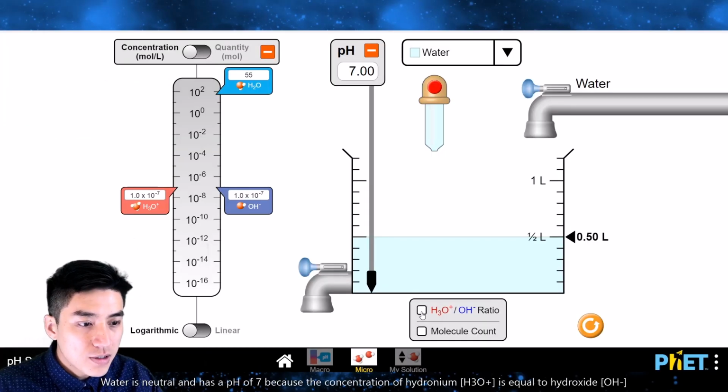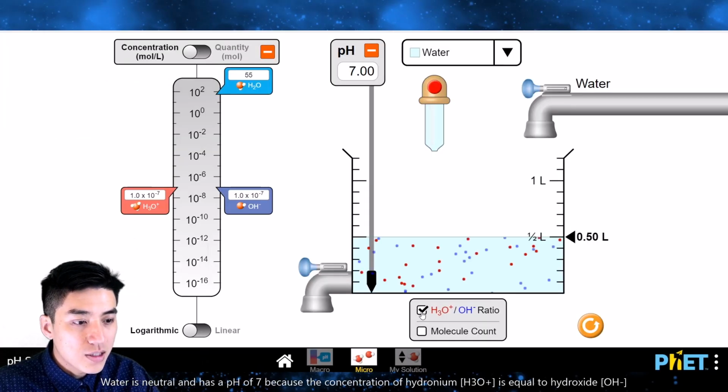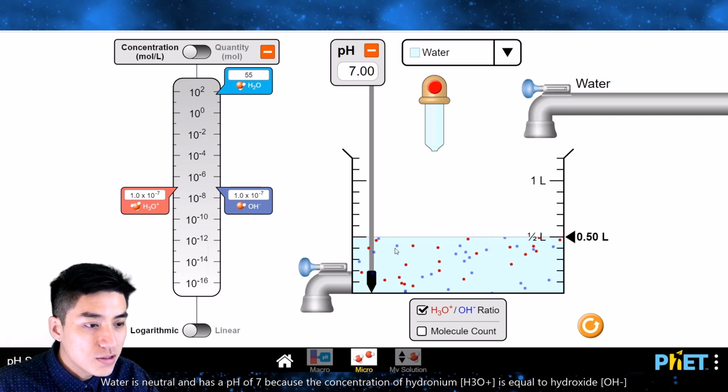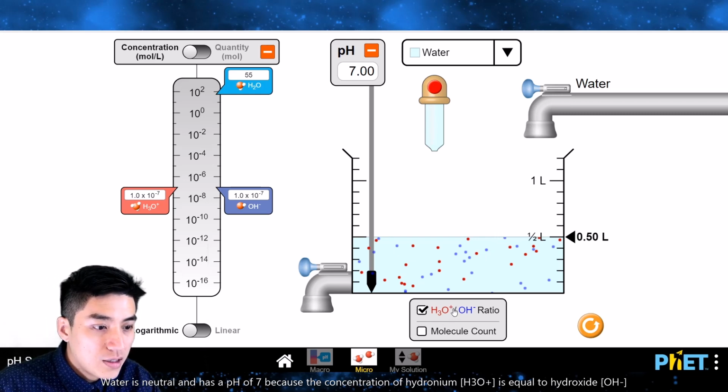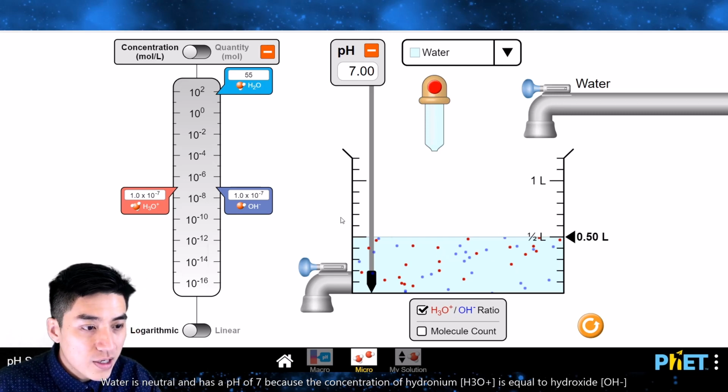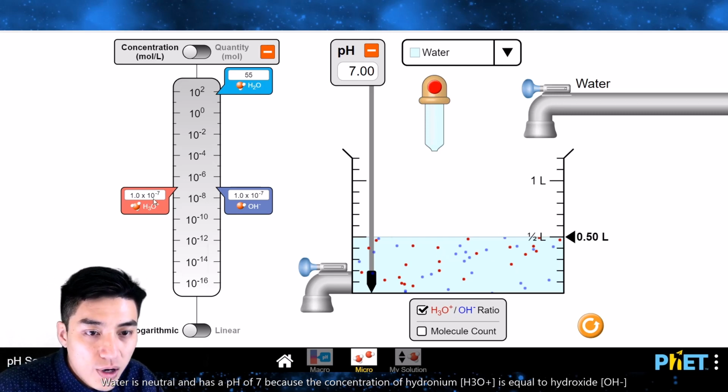Okay, the first thing I'll do is check this box so you can see the hydronium to hydroxide concentrations. In water, because it has a pH of 7, the concentrations of both of these ions are equal to each other, 1 times 10 to the negative 7th for both, so they're practically equal,